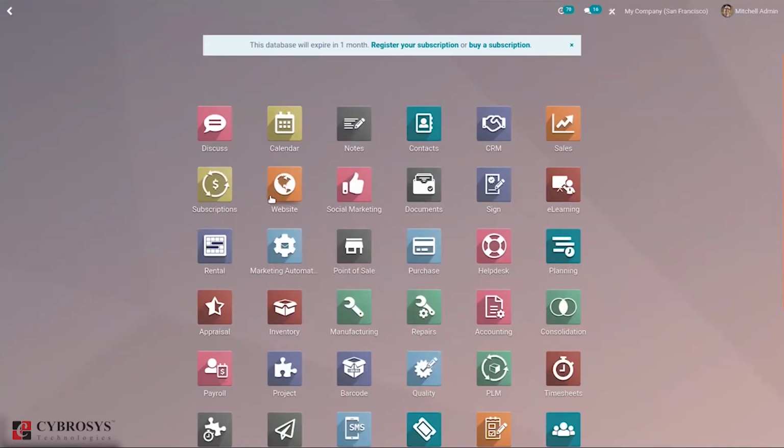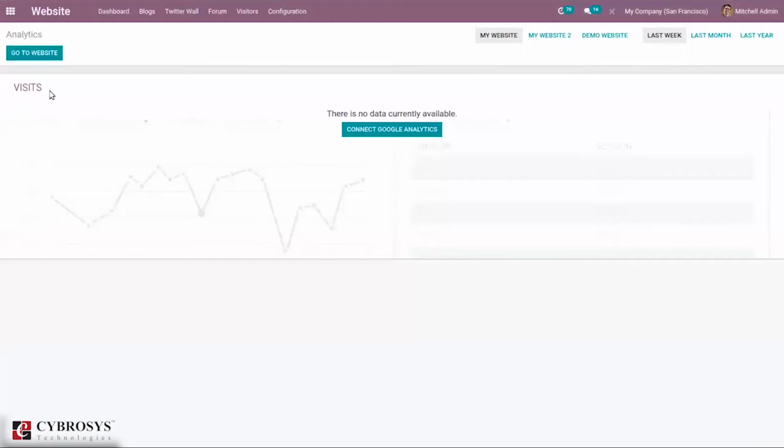Okay, so now let's open our website module. So here we can find our dashboard. In the dashboard, we can see analytics. So this is analytics reporting, where the user will be shown data obtained on linking the Google Analytics operations of the company. This data can be classified based on website operation, that is weekly, monthly, yearly reports, and allows the user to obtain periodical aspects of the company operation.